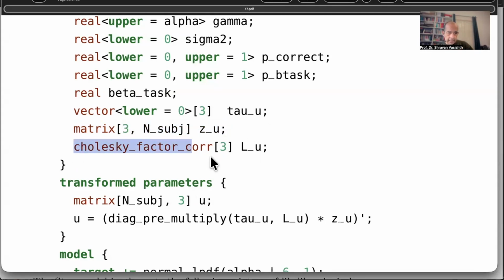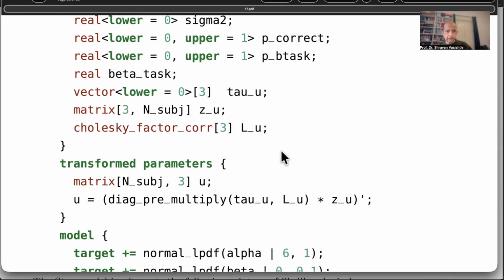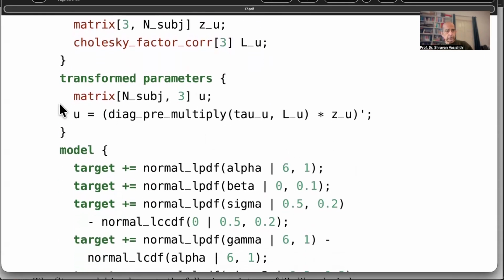So then the last thing comes the Cholesky factor. It's a 3 by 3 matrix, the correlation matrix. So the Cholesky factorization will also be a 3 by 3 L sub U matrix. And so then what we are doing next is that we're going to generate the U's. This will be a 20 by 3 matrix, and it will be generated by taking the ZU's, which are coming from a standard normal, and then doing a diagonal pre-multiplication of the tau U's and the L U's to get back the